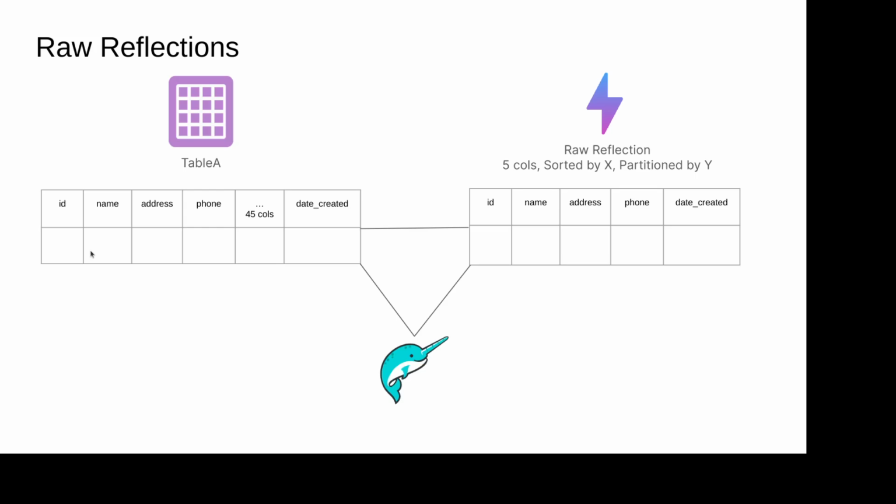So again, in a raw reflection, I'm just taking an existing table or view. And just to give you some of the color or iconography in Dremio, whenever you see a purple table, that generally represents a physical table. So this is like the original files, the original underlying table. These lightning bolts represent reflections. And then you'll see green tables that generally represent views. So that way we all understand the iconography of it all.